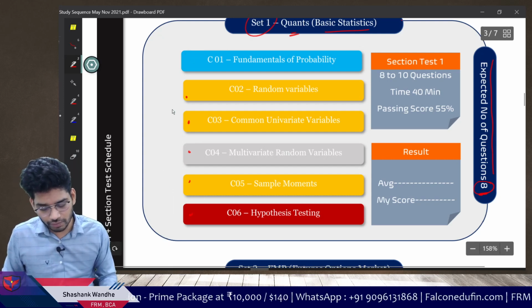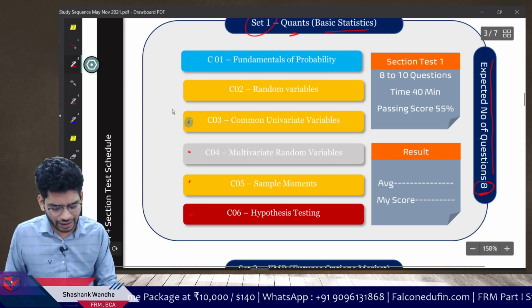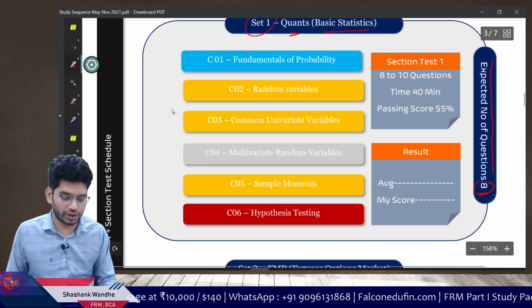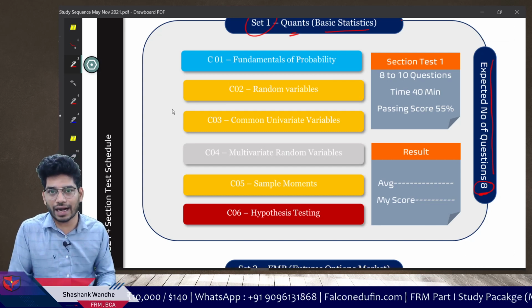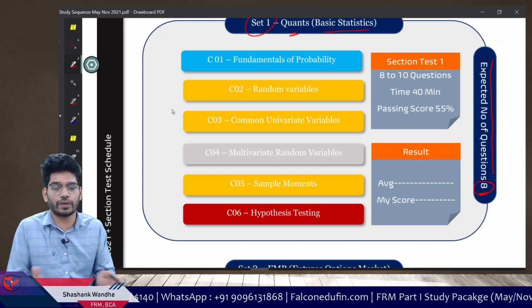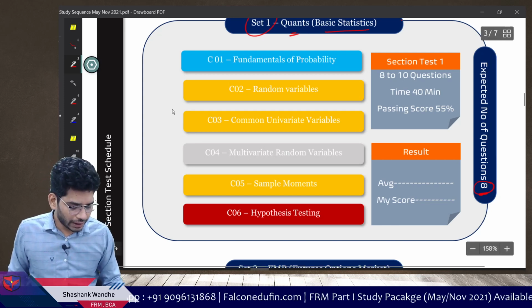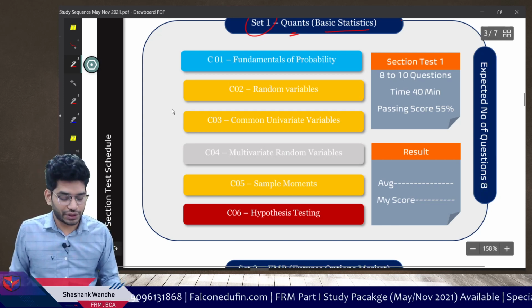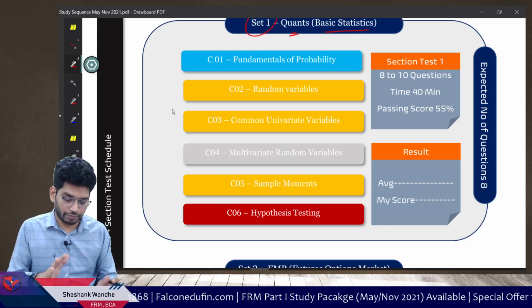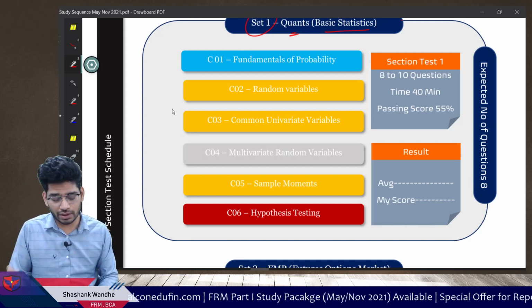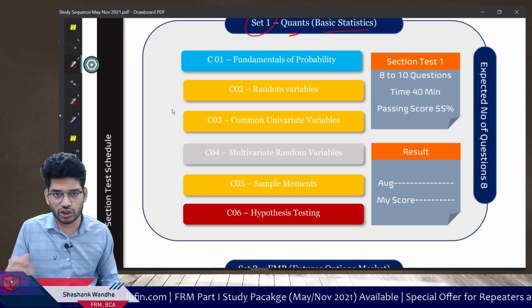It is highly unlikely that you will get, say, 20 questions on just one chapter, because at the end randomization follows the normal distribution. It will distribute questions normally, right? So here the expected number of questions is based on the previous exams up to the January 16th exam.